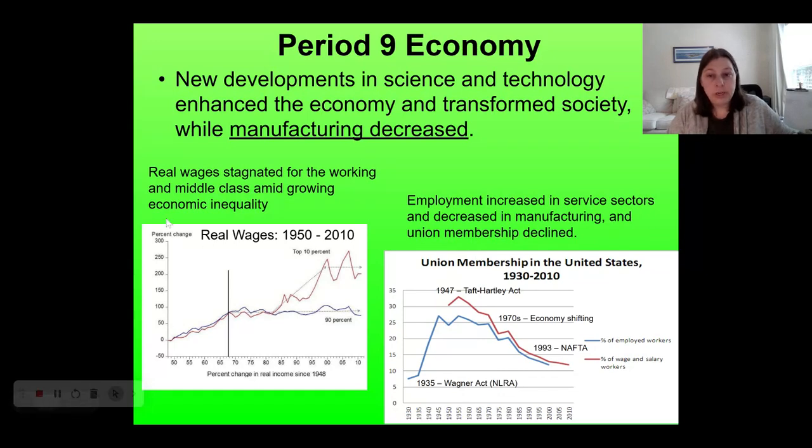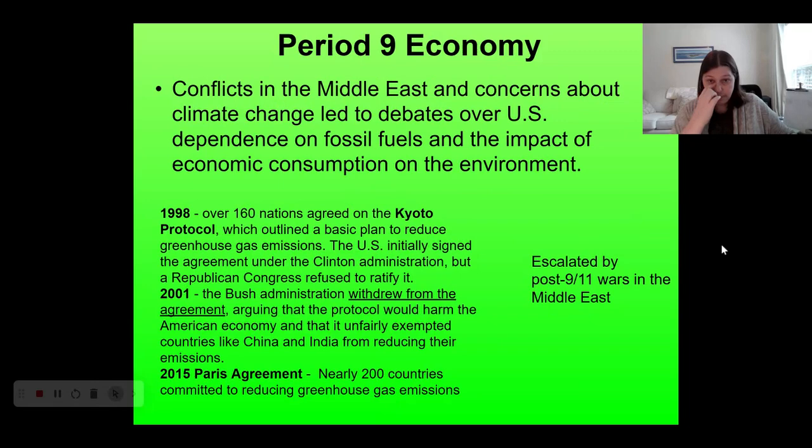And the trend that we have seen really since the 1970s is that real wages for the middle class and working class have stagnated. So even though it looks like you're making more money than your parents were, in reality you don't have the same amount of buying power. Your buying power hasn't gone up that much. And the people who are doing well in the modern economy tend to be the top 10%, especially since the 1980s. So that's some economic trends.